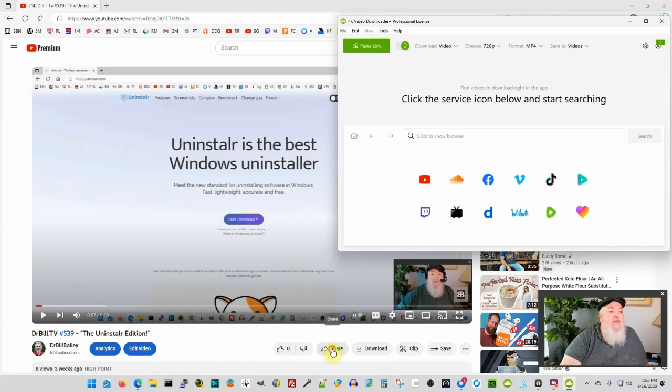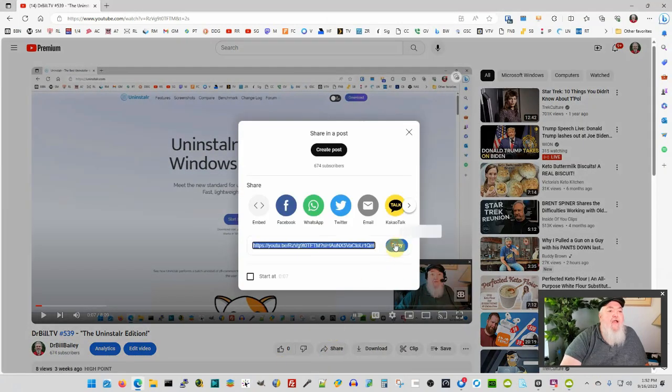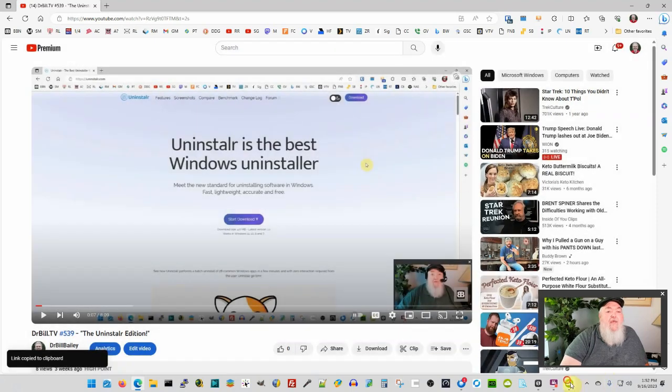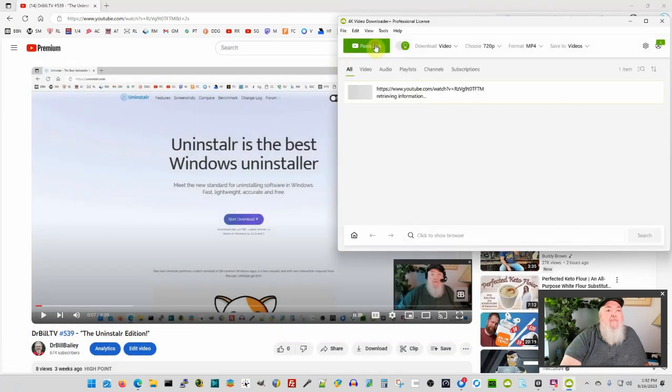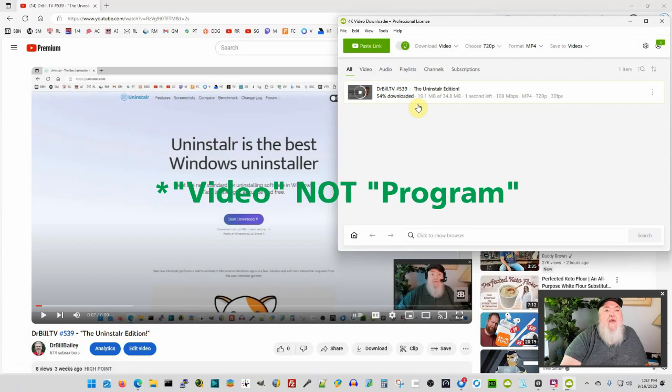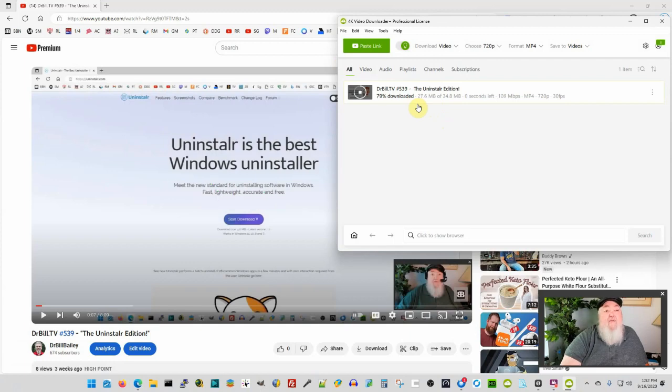So what you would do is come over here and click on Share, copy the share line, and then go into 4K Video Downloader, click Paste Link. It will parse that address, and it will download the program to a folder on your local PC. And when it completes here,